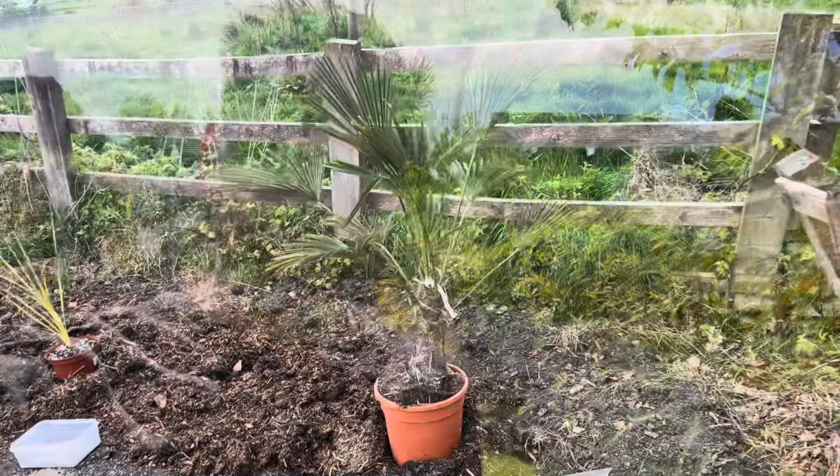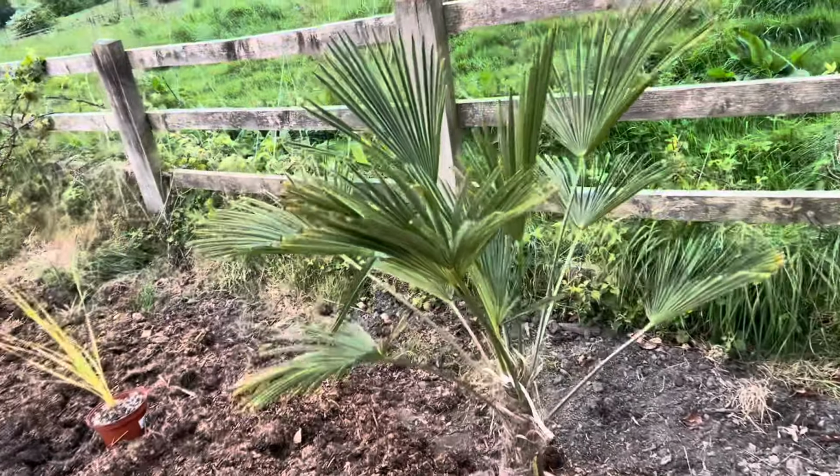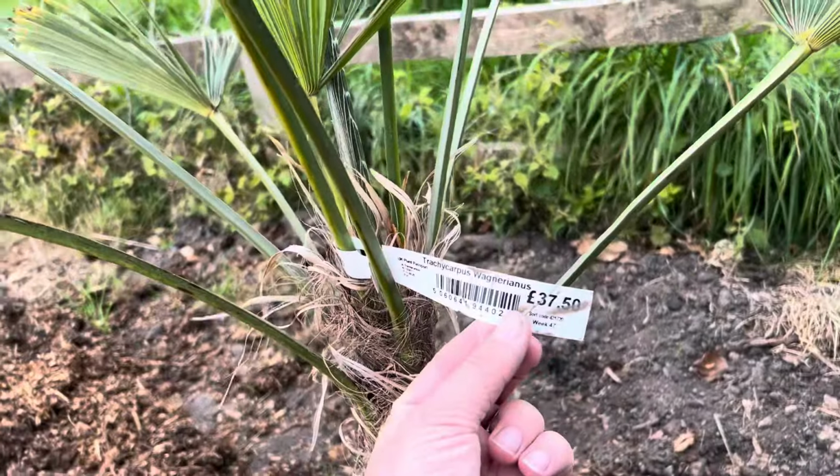There's also going to be a couple of random little videos in here as well, very short ones. For example, this one, which I'll put in first, which is of the root system of the Trachycarpus wagnerianus, which I bought from B&M a couple of months ago. I've planted that at my mum and dad's house, so it's not in my garden, but yeah, let's check it out. Here's the first of the B&M Trachycarpus wagnerianus, the waggies that I'm planting, £37.50,